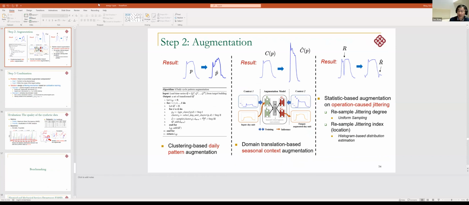Okay, so in our evaluation, we evaluate whether target building B has 2 weeks of data or 3 months of data, and then we do augmentation. For example, this seasonal component. Our augmentation is, for example, from spring we change to summer. From spring to summer, there is this kind of increase. And for the daily pattern,